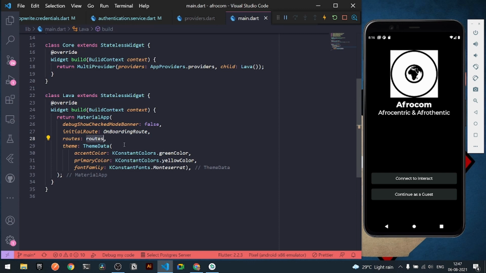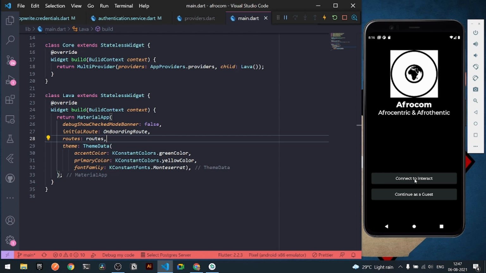Third, that is the fourth thing, is about the splash view. Now the splash view, that is onboarding view, will be looking like this. I haven't got the following assets for the logo, so that's why I have painted it to be white one. I have got the following keywords of Afrocom, their definition, and etc. Here will be a list of slidables in which we can enter some manual information. After this, we have got two different buttons, connect to interact and continue as a guest. After tapping continue as a guest, we should be able to go directly under the maps. And after tapping over connect to interact, we should be able to log in or sign up accordingly.